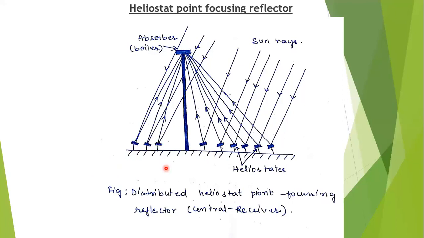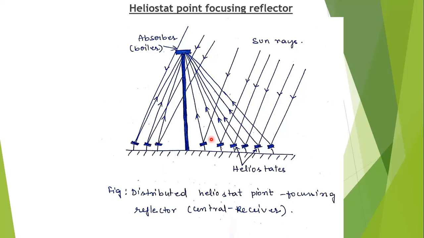The basic difference between a single mirror concentrator and a heliostatic system is that the heliostatic system has a dilute mirror. This means that the entire surface within the system is not covered with mirror surface. There are heliostat mirrors here and here, but the solar radiation coming in between two mirrors is getting wasted. So that is termed a dilute mirror. This diluteness is generally termed the fill factor.